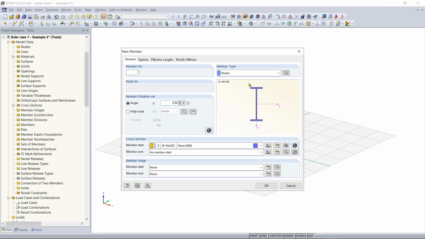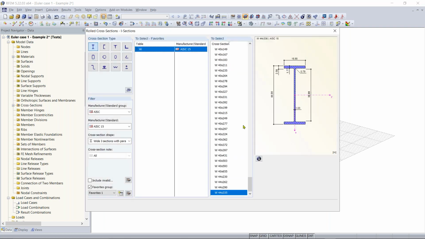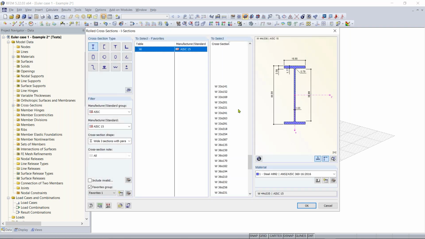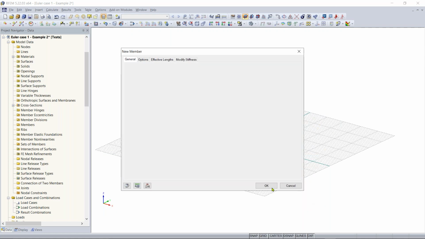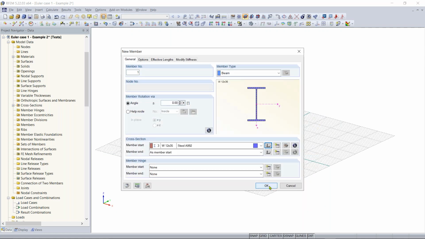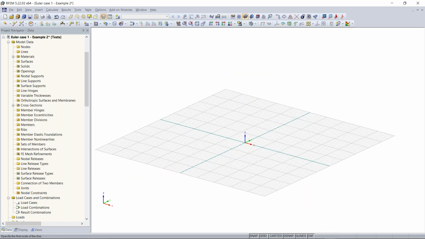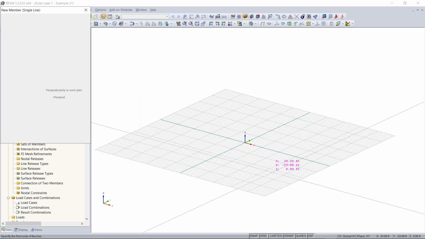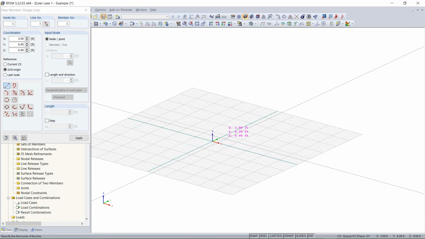My computer's lagging along here a little bit, so we'll just open this back up and I can change this to 12 by 35 I-beam. Click OK. Now 12 by 35. So now I would like to also demonstrate. So you can see that our